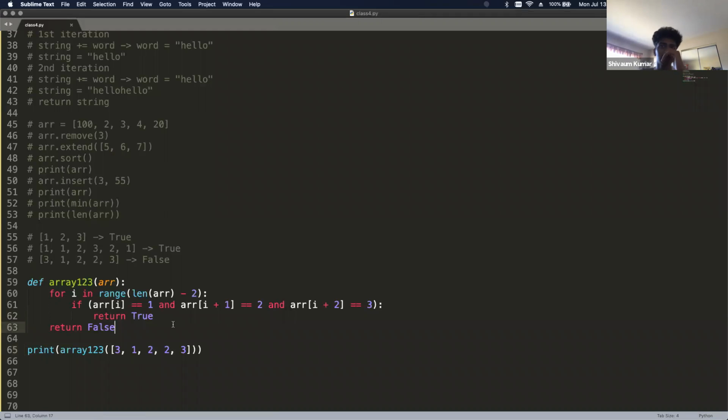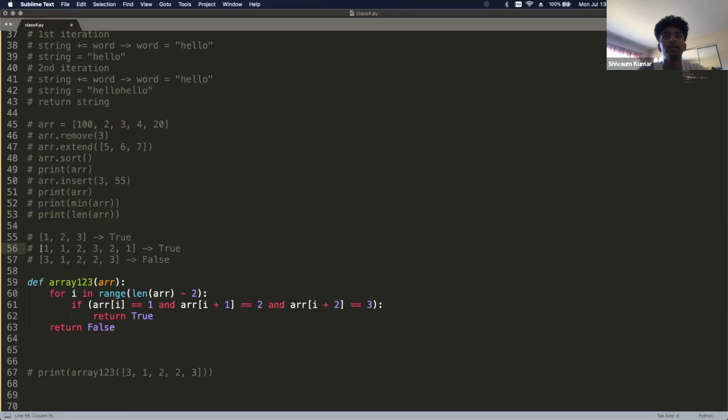So how does this exactly work? This minus 2 is probably a little bit confusing. At least when I first learned it, it was confusing to me. The reason we use that minus 2 is that we want to check the current value, the next value, and then the value after that. So I want to go through my array until I'm at that third to last value, because I want to be able to check the number after and the number after that.